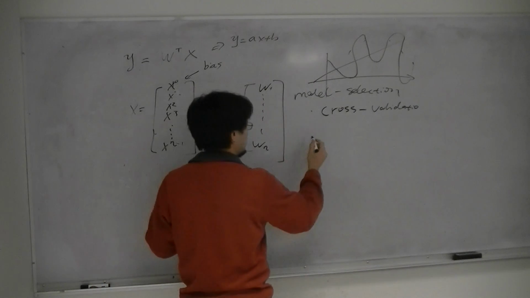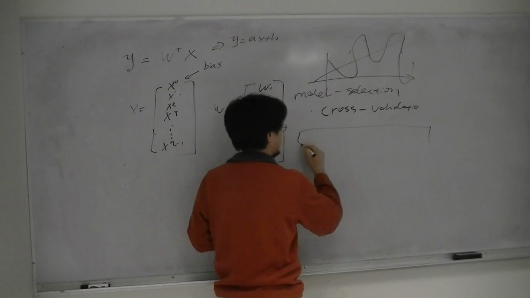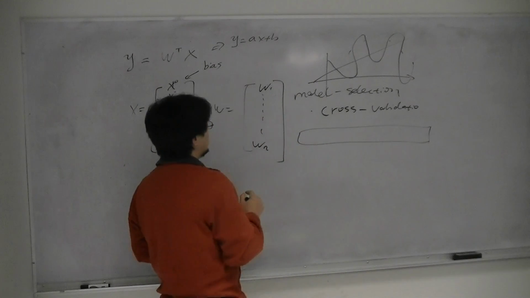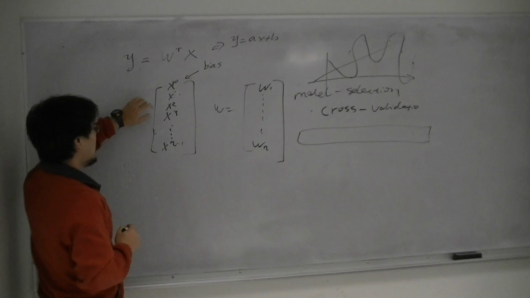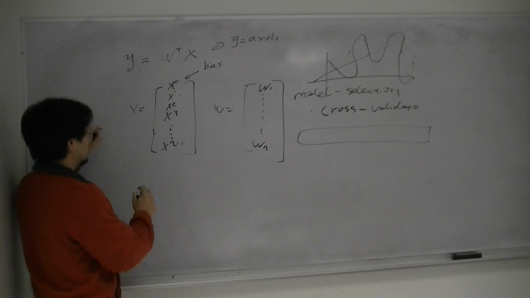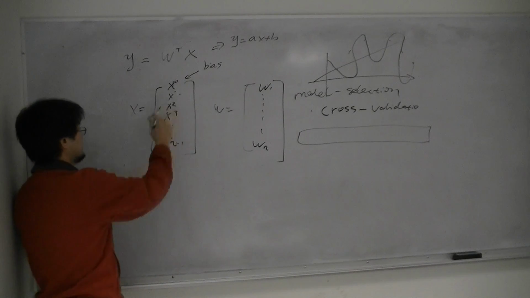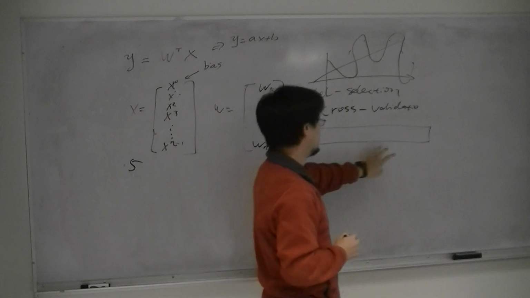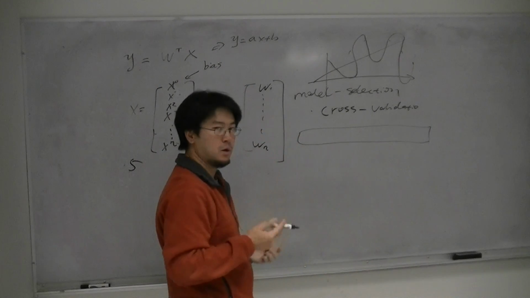Say we have an entire array of training samples here. And instead of arbitrarily picking a model, for example, 5 terms, and training the fixed model with this training data, we can use